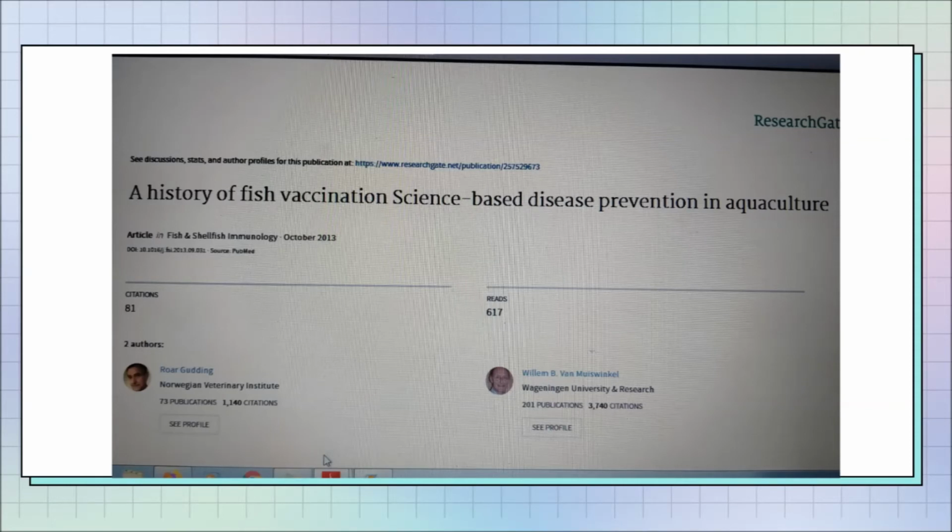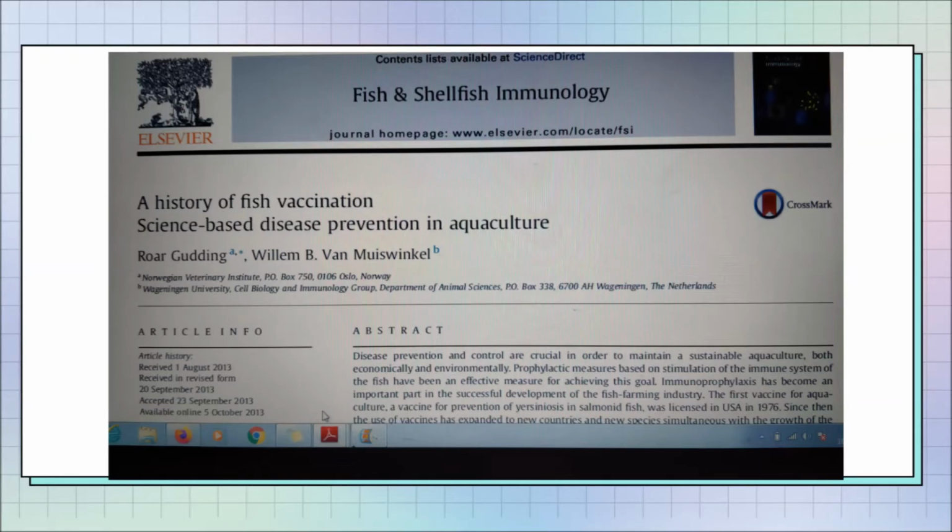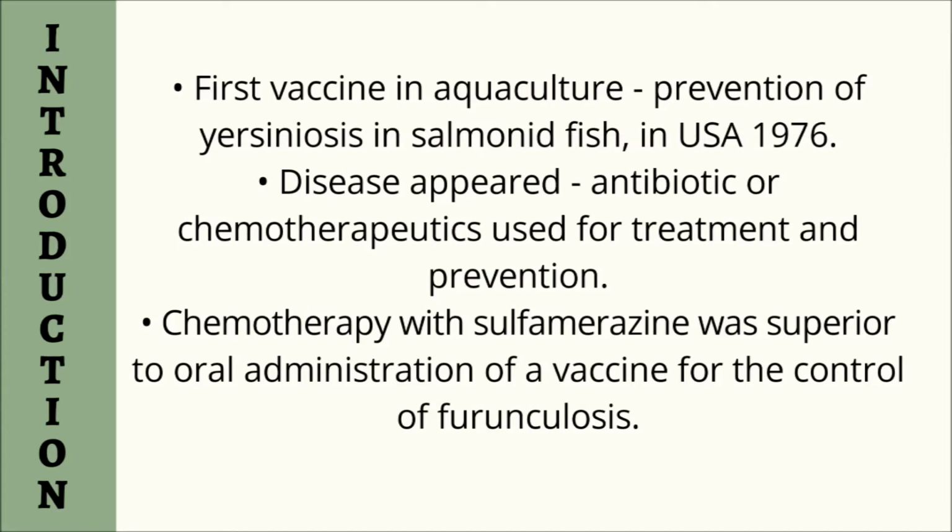And here are some of the articles and journals that I used to finish my video presentation about antibiotics and vaccination used in microbiology. The first vaccine for aquaculture is a vaccine for prevention of yersiniosis in salmonid fish, which was licensed in the USA in 1976. So when the disease appears, we use antibiotics or chemotherapeutics for disease treatment and even for disease prevention. A study by Friedel concluded that chemotherapy with sulfamerazine was superior to oral administration of a vaccine for the control of